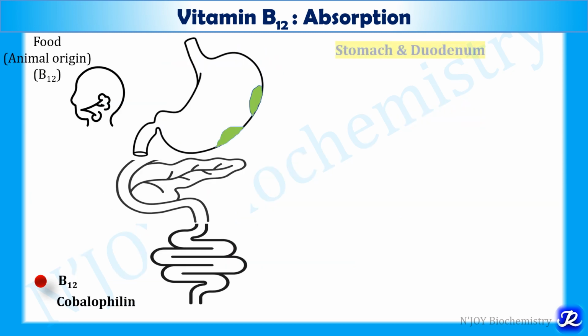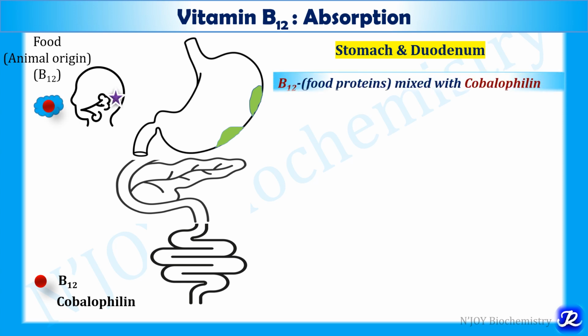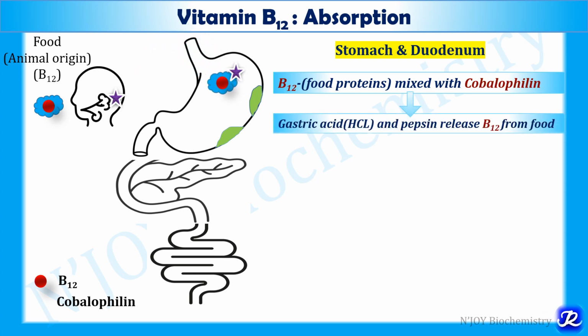Now let's see what happens in the stomach and duodenum when food of animal origin containing vitamin B12 is ingested. It is mixed with the haptocorin, which is secreted by the salivary gland. This haptocorin is also called cobalophyllin. So first, the food protein containing vitamin B12 is mixed with cobalophyllin, and when it reaches the stomach,